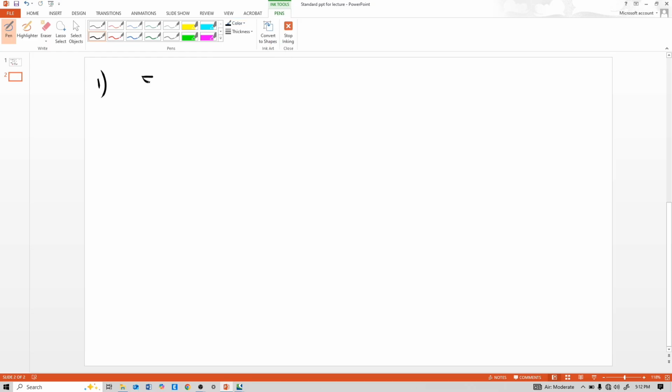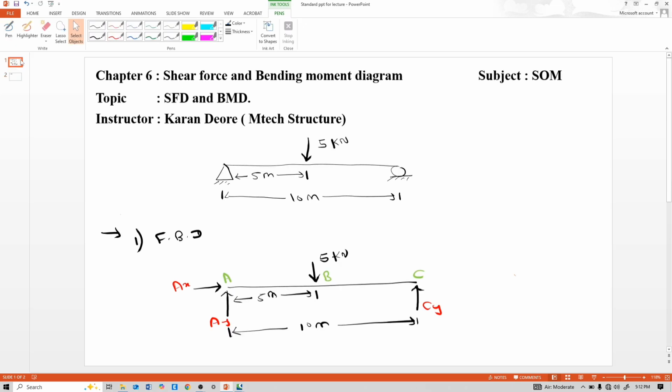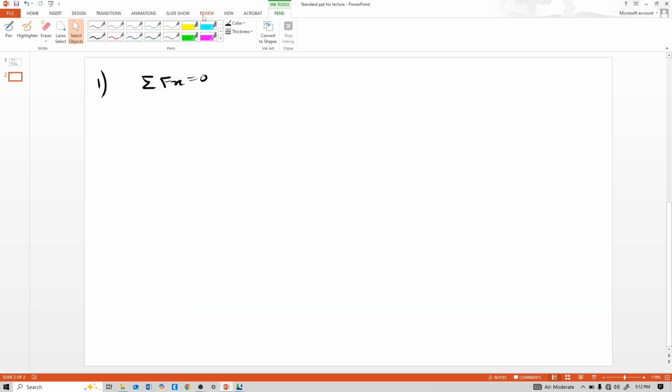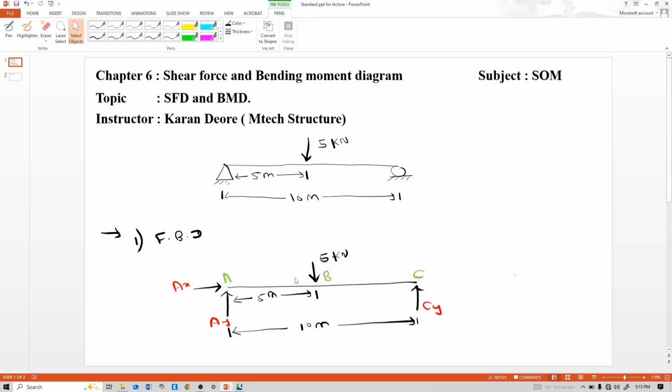First, summation of forces in x direction is equal to 0. There is only one force in the x direction, AX, so AX is equal to 0. Why is AX equal to 0? Because no other force acts in the x direction, so AX is equal to 0. There is no counterbalance for this AX. Now see, for AY and CY,